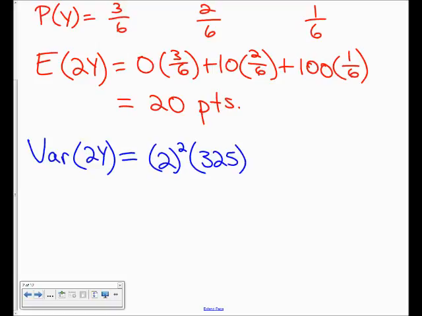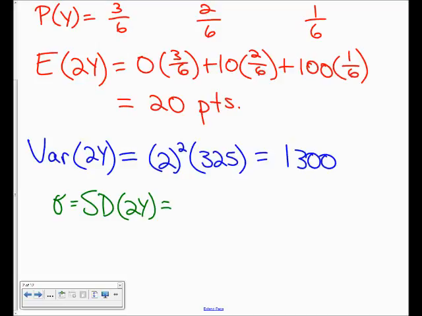So it's really like we're doing 4 times 325, which is 1,300. Again, that's squared points. We don't want squared points, we want just points. So I'm going to use sigma, or the standard deviation of double the number of points, is going to be the square root of 1,300, which is about